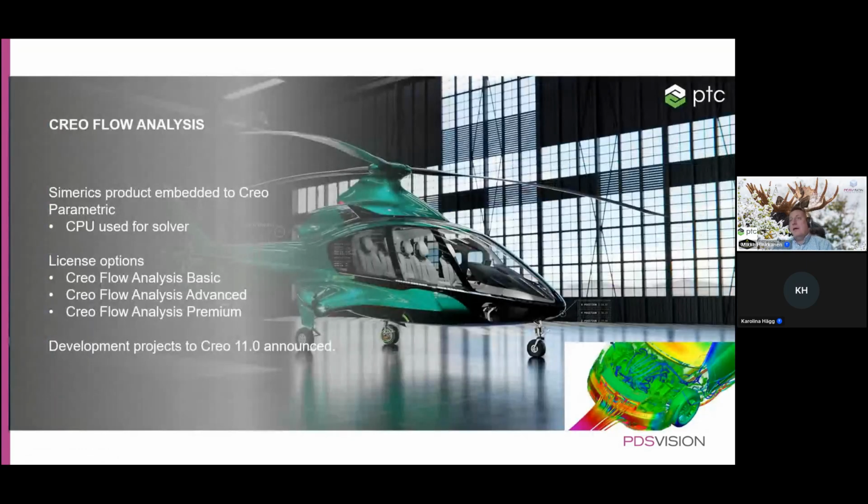Then we have something completely different. There is this product called Creo Flow Analysis. It's a Symmetrics product that is embedded in Creo Parametric using a CPU as a solver. And there are three levels of licensing: basic, advanced, and premium. And it's been there for, let's say, the past three releases. And in this Creo 10 release,